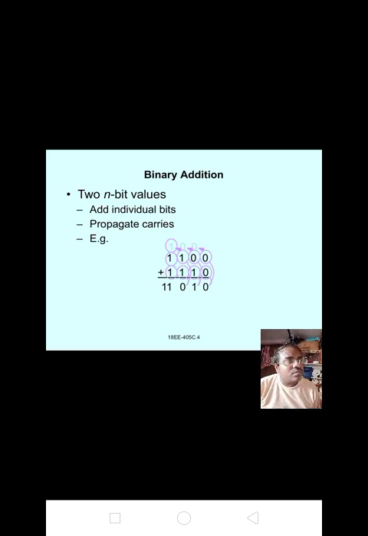Decimal value 1. 1 0 means 2. 1 1 means 3. How do we get it? Here 2 plus 1 means 3. Here in place of 2 it is 1, so it is 2. Here in place of 1 it is 1, so it is 1. If suppose 0 0, it means 0 only. Now 16 8 4 2 1. I will tell a simple one. See, 1 1 1 1. What is the value of this?